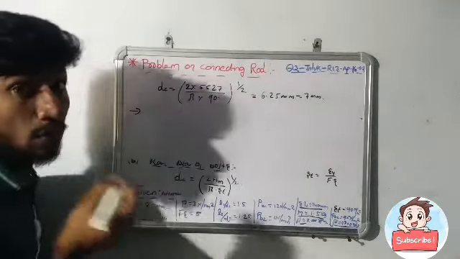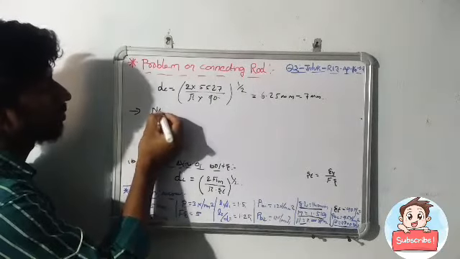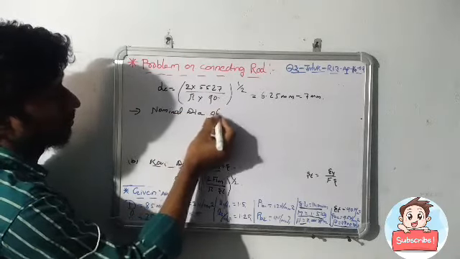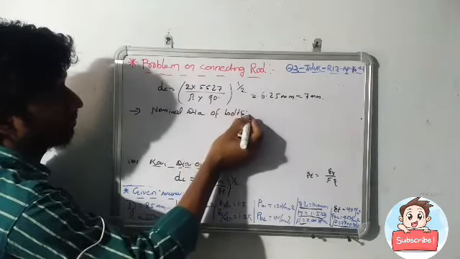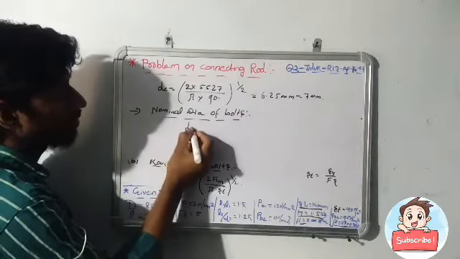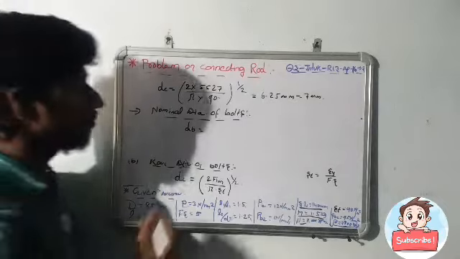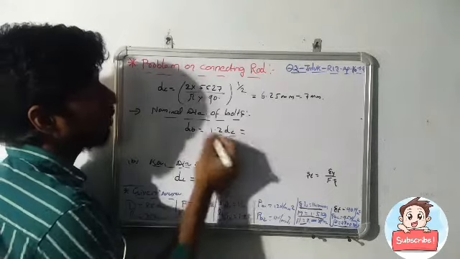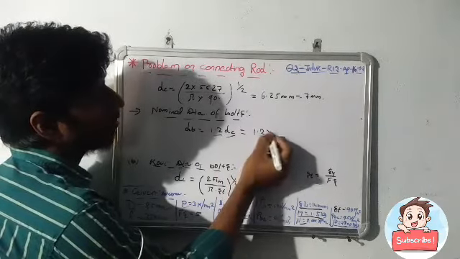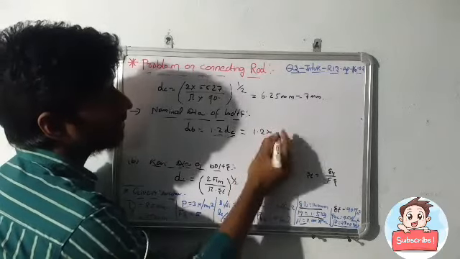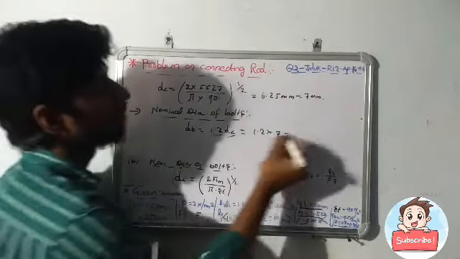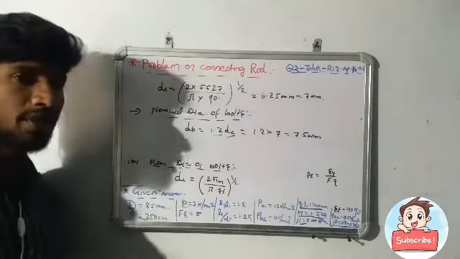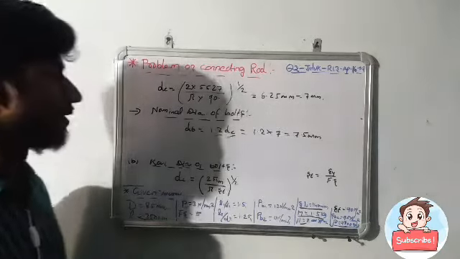So by using the root diameter, we are going to find out the nominal diameter of the bolts. The nominal diameter of bolts is denoted by db. So that is equal to 1.25 times Dc. Here we already know Dc. So 1.25 into 6, that means here I considered it as 7. So that is equal to, we get 7.5 mm. So this is about the nominal diameter of the bolts. So this is about the 6th step here.